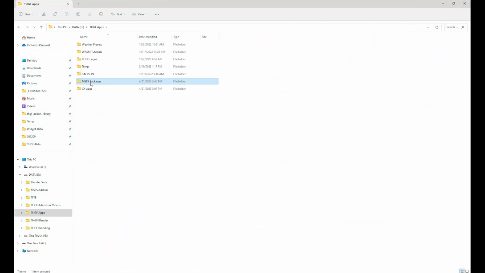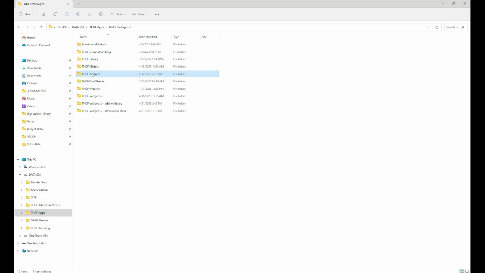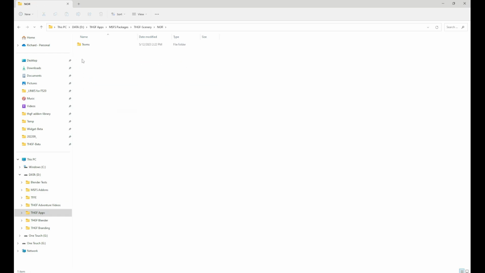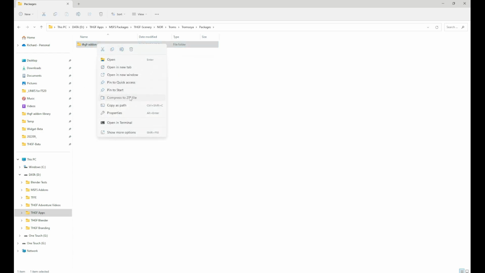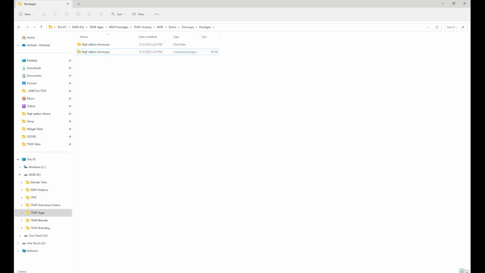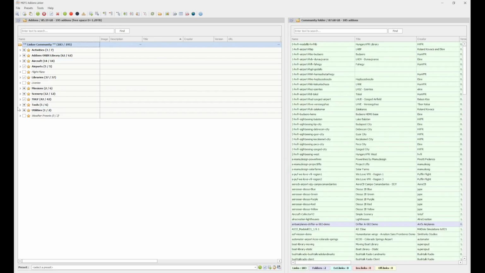But none of that really happens unless you've installed the package that you created into the Microsoft Flight Simulator community folder. So we're going to go back to our package directory, and now you'll see some more directories and an exported package, which we just put into a zip. Then we use our add-in tool